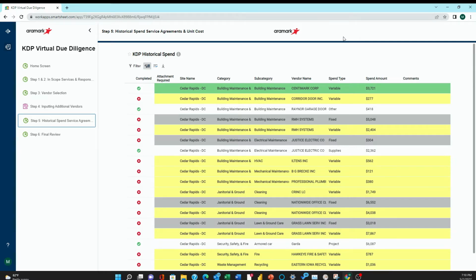The key focus that will be our primary objective will be variable and fixed spend. The reasoning for this from a KDP stakeholder perspective is the way the contract is constructed. All variable and fixed spend where sufficient supporting documentation is provided, Aramark is obligated to provide 12.5% savings on the associated spend. All of the variable related spend will be highlighted yellow, and all of the fixed related spend will